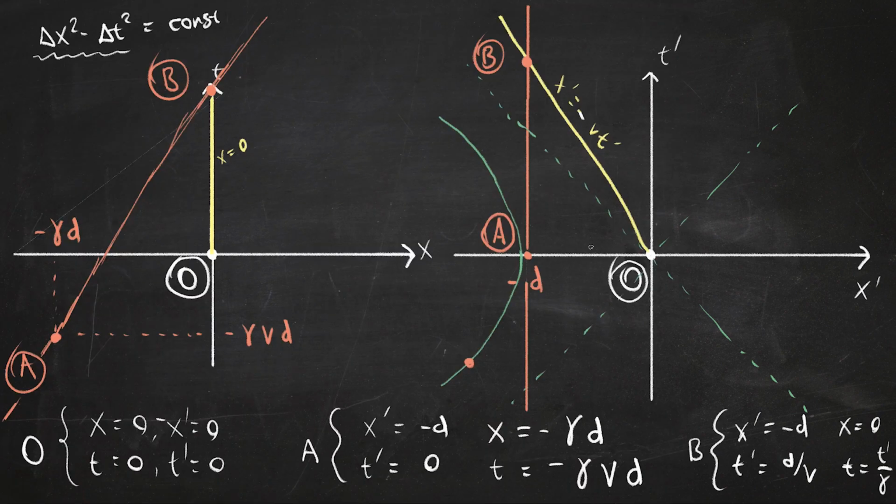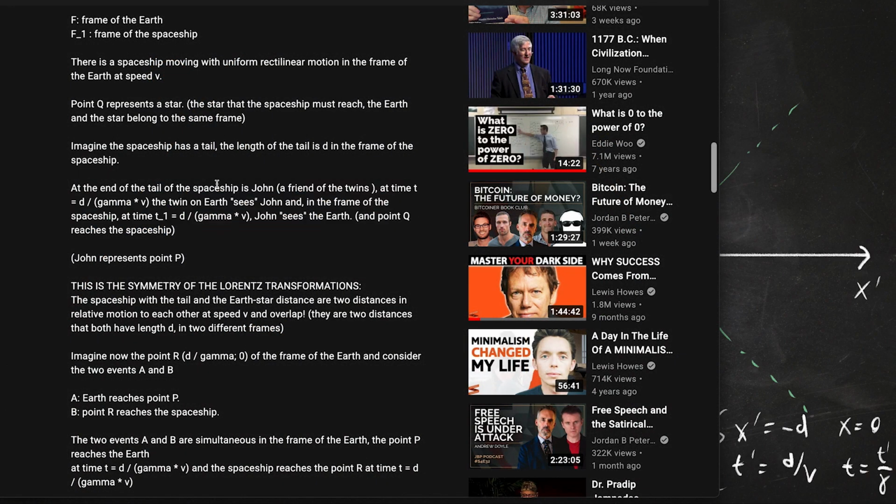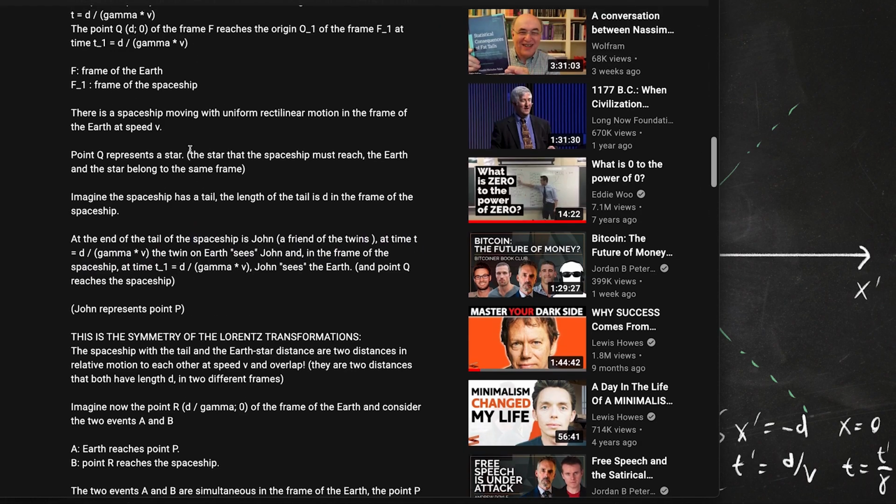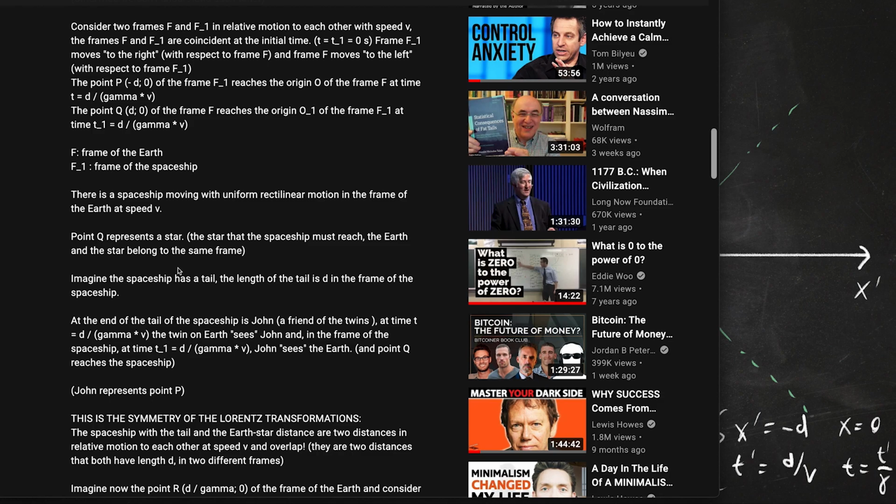All right, I'm going to pause this one and take a breath and think about what I'm going to say next. Looking at your comment, I think you're saying we want to imagine a spaceship in the prime frame. And I think that spaceship has a length d, is what you're saying, isn't it? Yeah, the length of the tail is d. Imagine a spaceship has a tail, and the length of the tail is d in the frame of the spaceship. At the end of the tail,